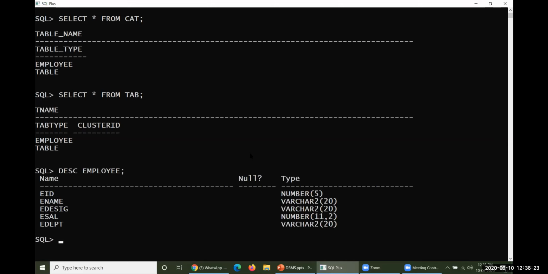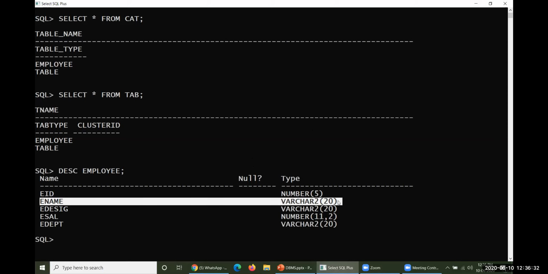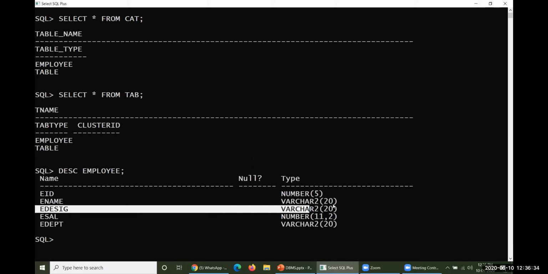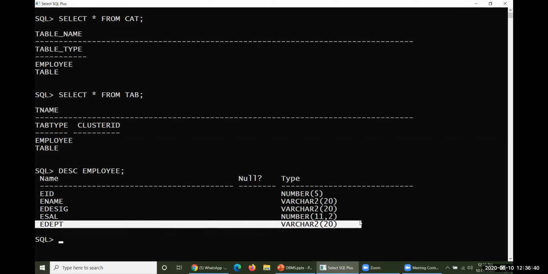If you define something like this, these are the employee ID, which is NUMBER(5), as we defined just before. Employee name, VARCHAR2(20), designation VARCHAR2(20), and employee salary, yes, it has been taken as NUMBER(11,2). Employee department has been taken as VARCHAR2(20). So everything has been taken into consideration in such a fashion that it could be created something like this.